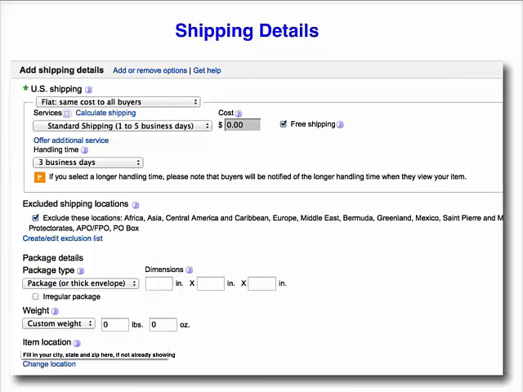Below the payment section is where you will set your shipping preferences and details. I showed you how to select Amazon items above $35 so you could get free shipping. That way you can also offer free shipping to your buyers. People like to have free shipping, so this is a good move. Using the drop-down menu, select flat cost. That means it's the same cost to all buyers. Then standard shipping, 1 to 5 business days, and check the free shipping box out to the right. For handling time, you want to select 3 business days,